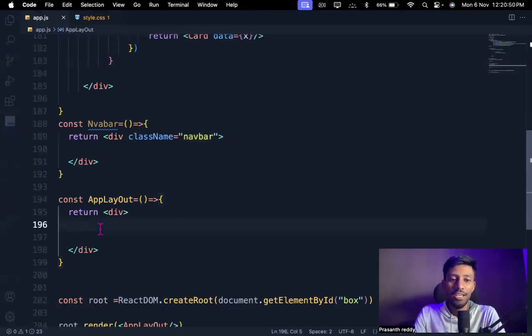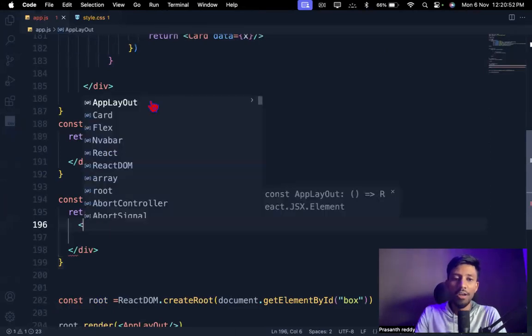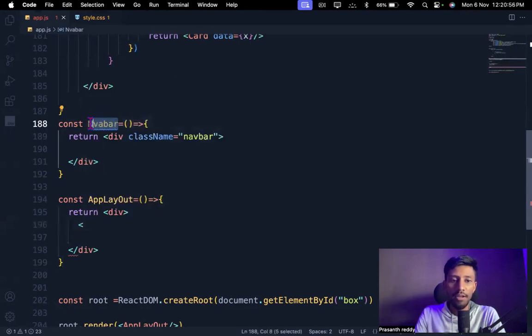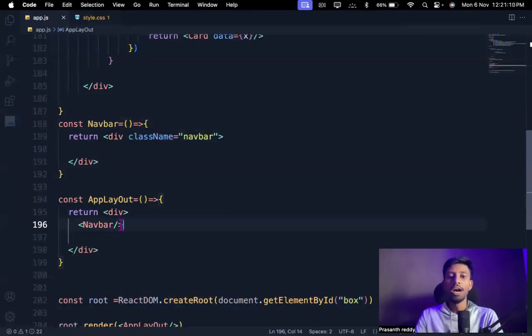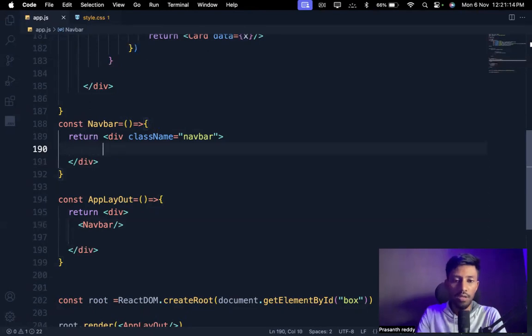Let's go here. Let me put one Angular-style tag over here and say that it's a navbar. Let me copy this navbar. Oh, it's a NAV, right? Navbar. I made a mistake. Okay, navbar. Let me take this navbar from here, copy, and paste it inside this. Now we put the navbar over here. Let me give one text over here.